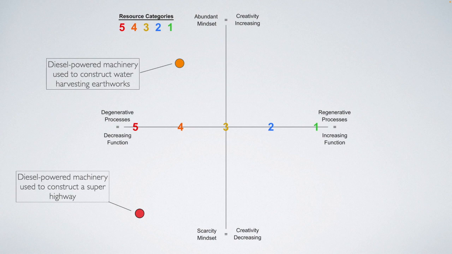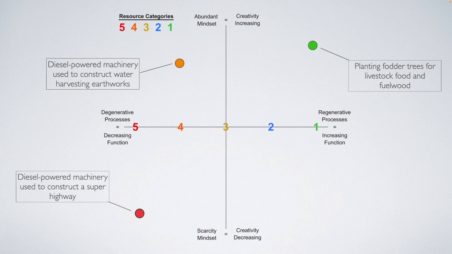So we might score this as a category 4. Still not where we want to be ultimately, but definitely coming from an abundance mindset. We're leveraging the amazing and wonderful once-in-a-planetary lifetime inheritance that fossil fuels are to create a lasting improvement or a repair in an ecosystem to improve its function and productivity while decreasing the need for those future inputs. A great example of an upper right quadrant score is planting fodder trees for livestock, an example I've mentioned numerous times now in this course.